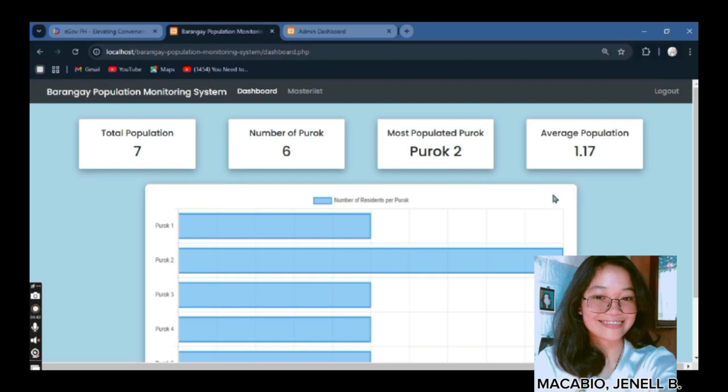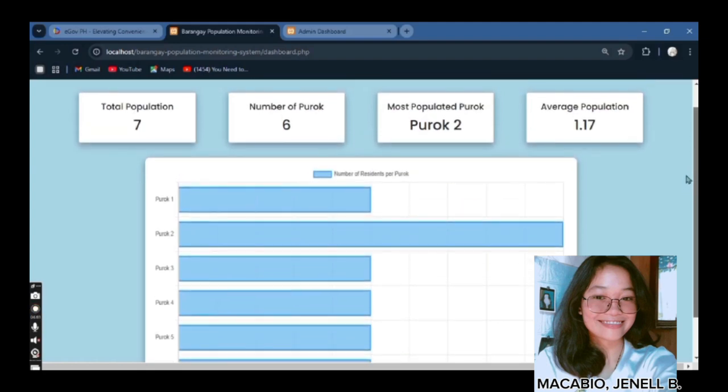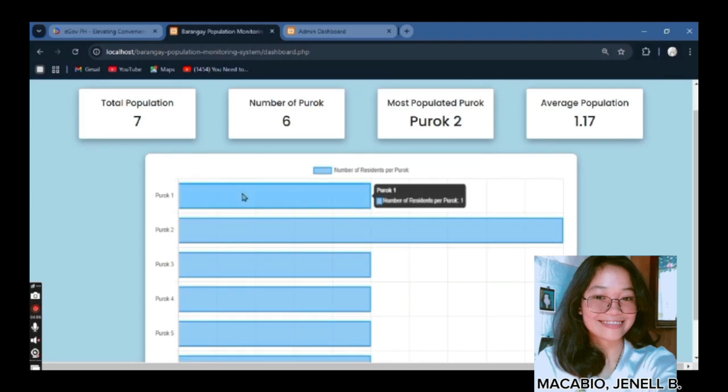This provides an overview of how residents are distributed within the barangay. To make the information easier to understand, the dashboard includes charts. These charts visually represent data such as the population of each purok, making it simpler for users to analyze trends and patterns.